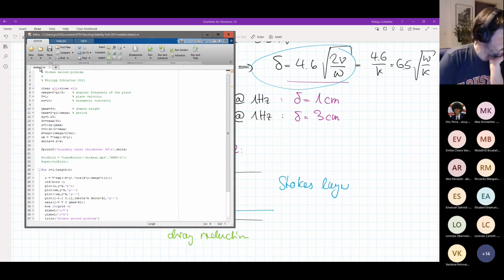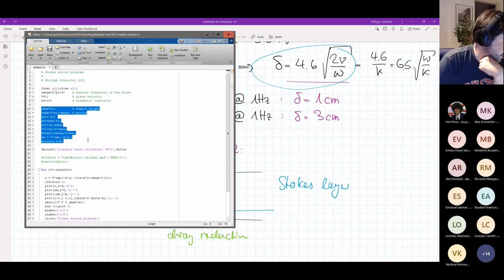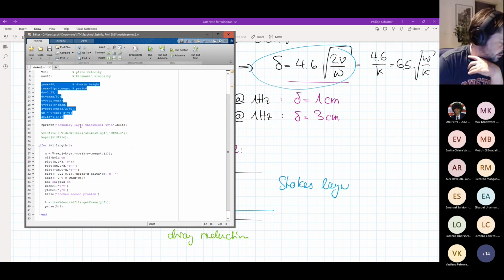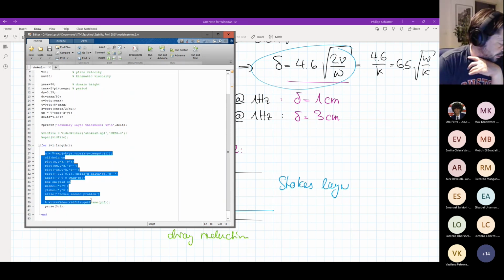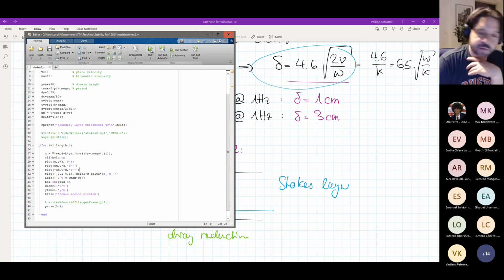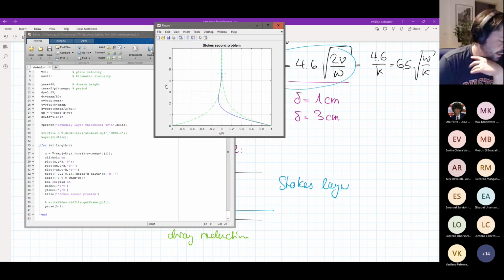Essentially, it's a simple MATLAB script, in which I define a few values for the omega, for the velocity, and for the viscosity. I just took some values, it doesn't really matter. And then I calculate in a specific domain, I calculate numerically the solution, and then I plot it down here. I guess the easiest is if I just show it, I let it run,